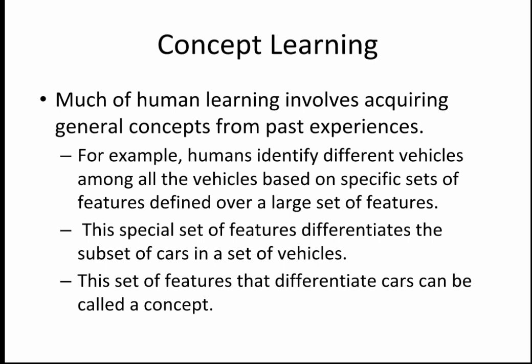When humans generalize their concepts from past experience, they have a set of features in their mind, some properties based upon which they generalize the concept, the properties on which you could say that yes, this is a picture of a bird. So this is what comes under concept learning: a set of features.